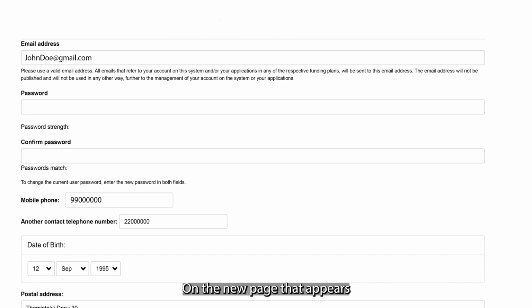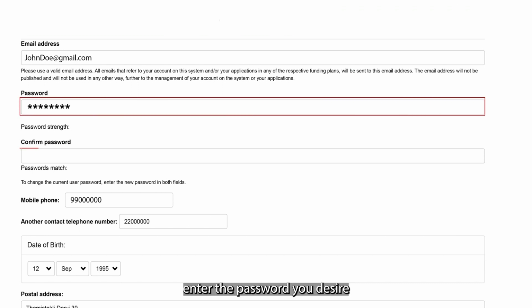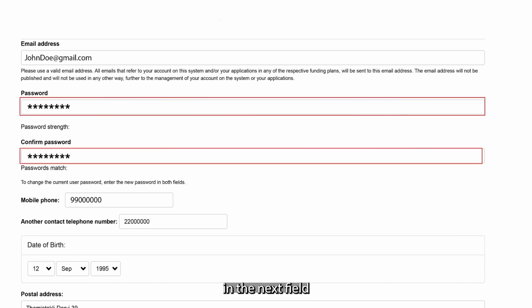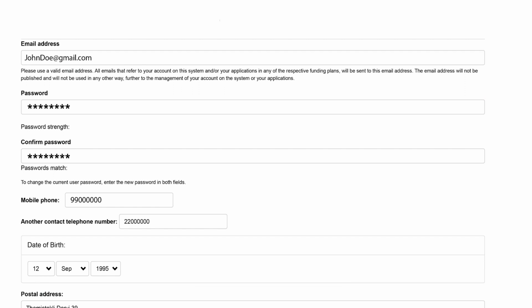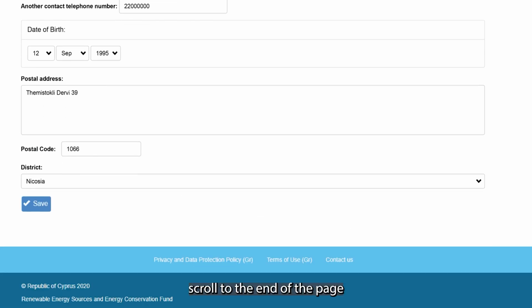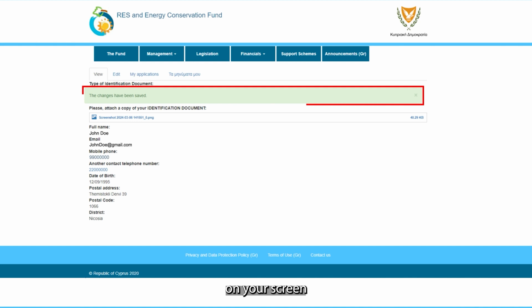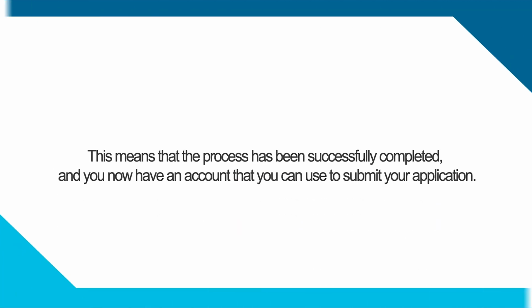On the new page that appears, enter the password you desire and then re-enter it in the next field for confirmation purposes. For data protection purposes, it is recommended that you follow the guidelines listed to set a strong password. After entering your password, scroll to the end of the page and select Save. A message will appear on your screen stating that changes have been saved. This means that the process has been successfully completed, and you now have an account that you can use to